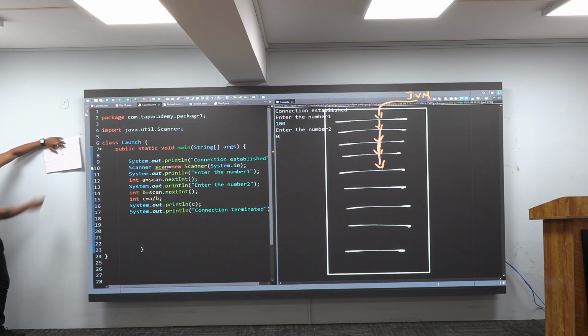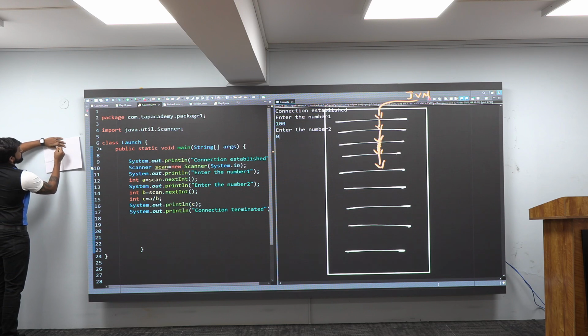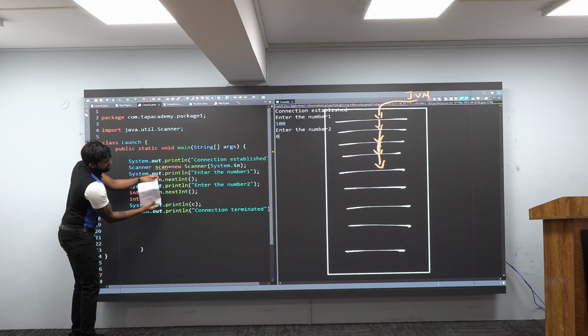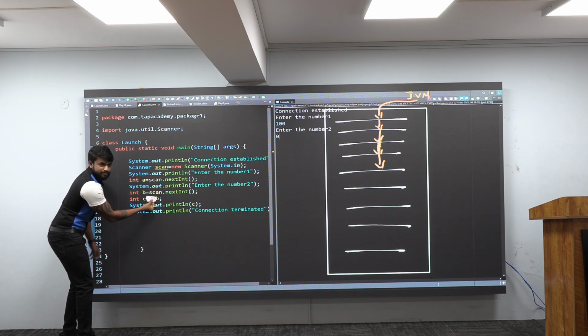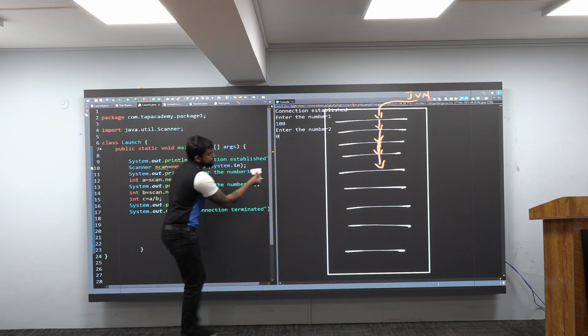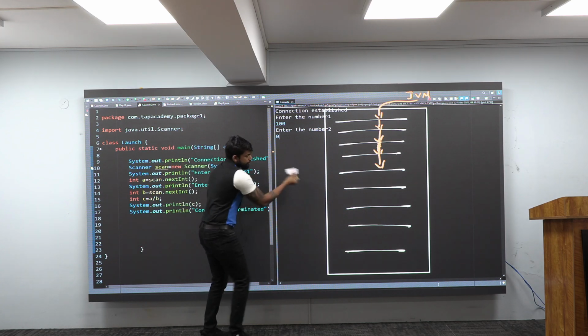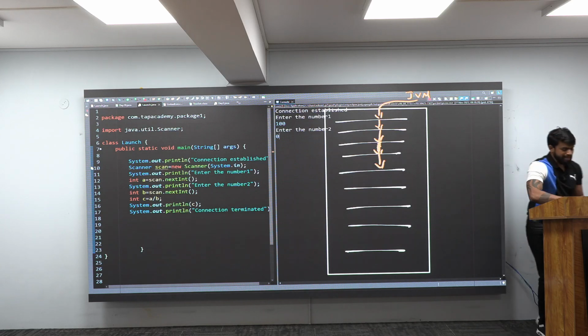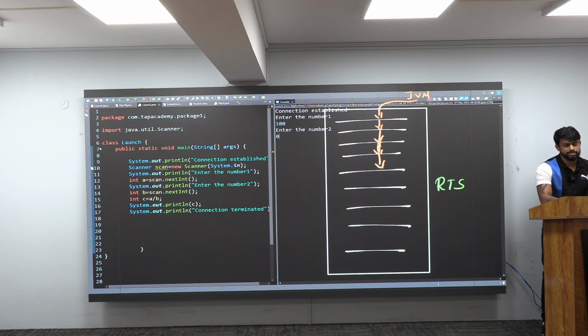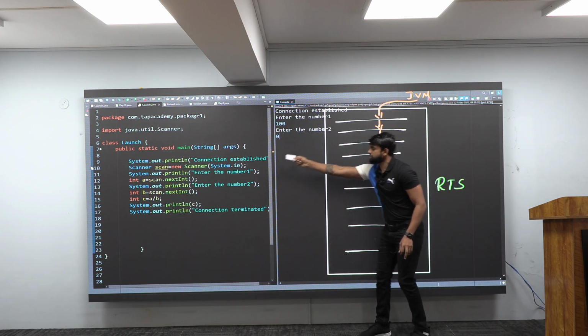One report it will create. After creating this report, it will convert this report to an object like this. One object, it will create here. And immediately, this object will come out of the program and it will go to one software in Java. Which is that software, sir, if you ask me? That software, I call it the runtime system. Who is he? Runtime system. This object will go to the runtime system.